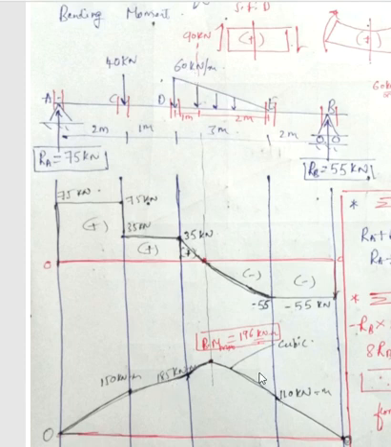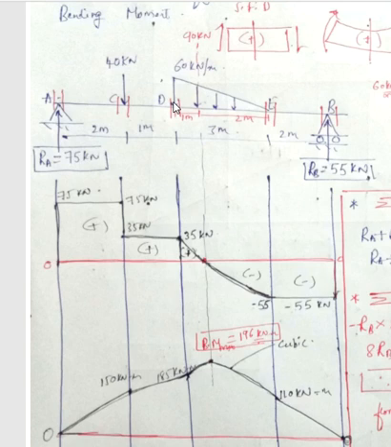Now I need to join this curve. I can join using a cubic curve, but I need to take it upward because first of all it is increasing from 110 to 185, so I cannot take the curve like this. I need to obviously take the curve like this. Second of all, the maximum bending moment is at this section, so obviously I need to lift the curve, not bend the curve. Never bend the curve. Like this. Always lift the curve above here. Now when I am lifting the curve, I got the value of 185 here.